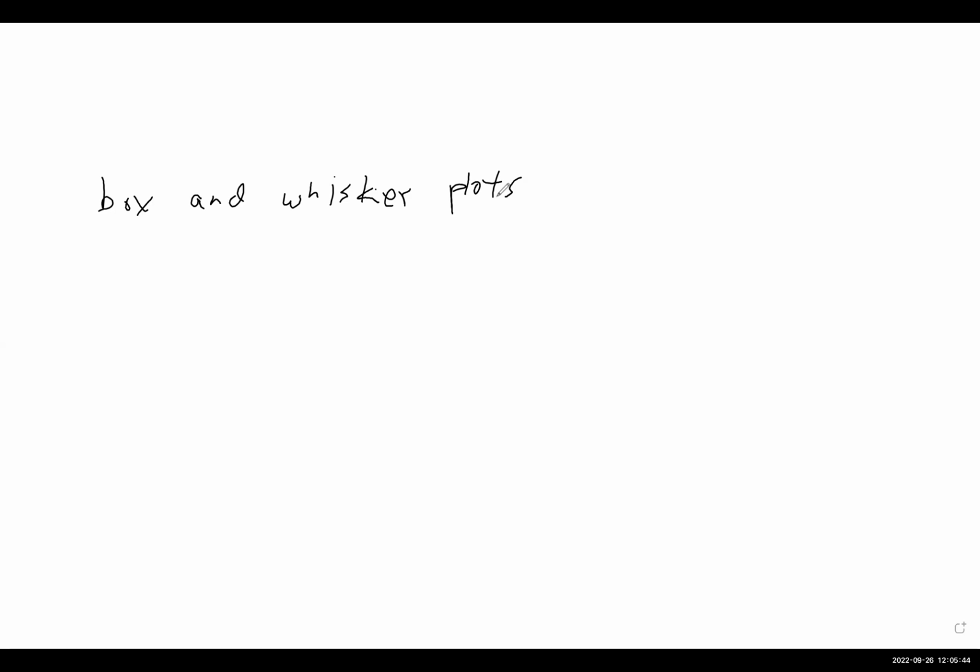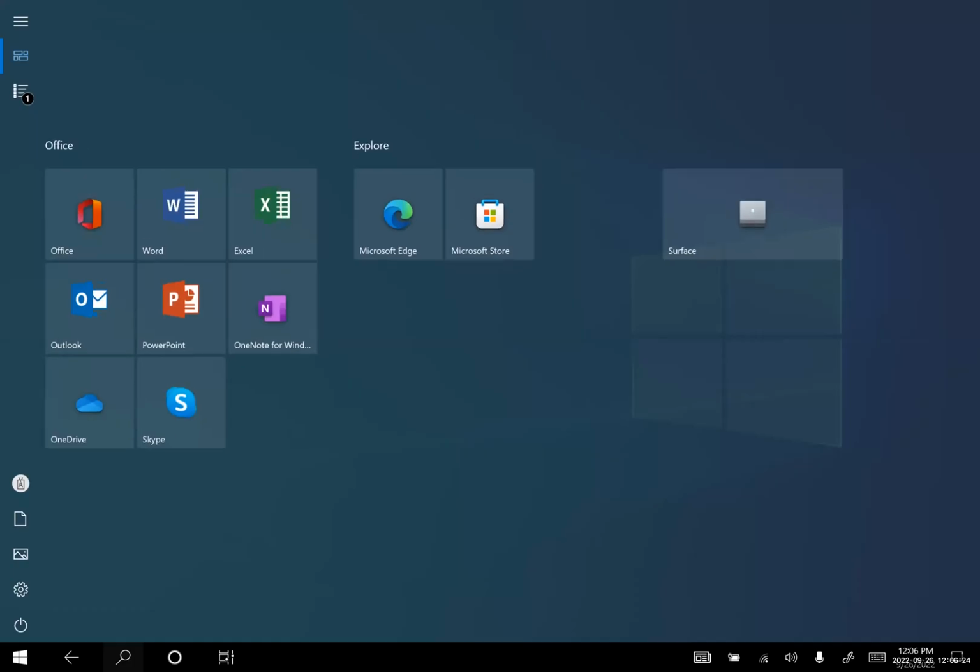Box and whisker plots. And I'll go through, it's actually going to be the first one in the homework. Now, it doesn't ask you to build a box and whisker plot from scratch in the actual question, but I wanted to do it from scratch so you could see how it's done. And then that makes it a whole lot easier to answer all the questions, because all the questions are just interpreting box and whisker plots. So let's see. Maybe I should look at the actual question on Canvas.